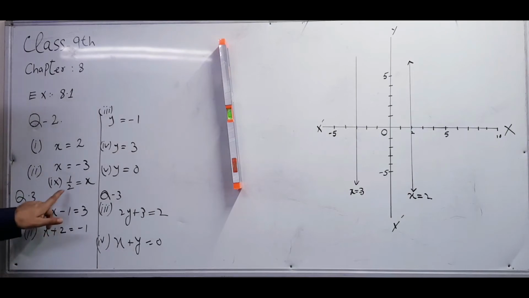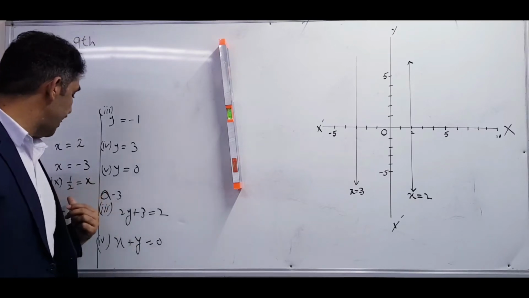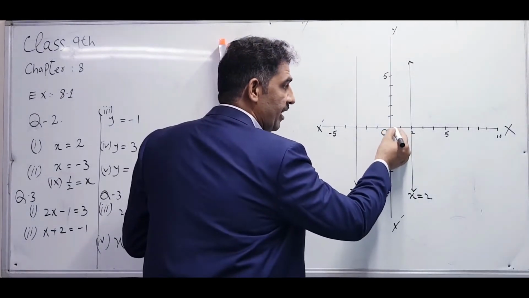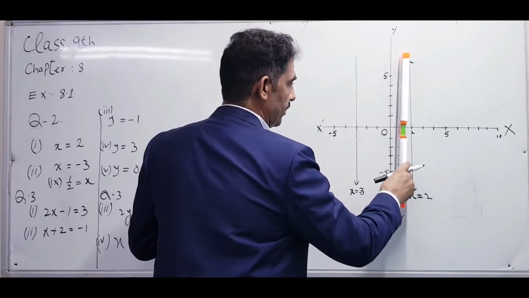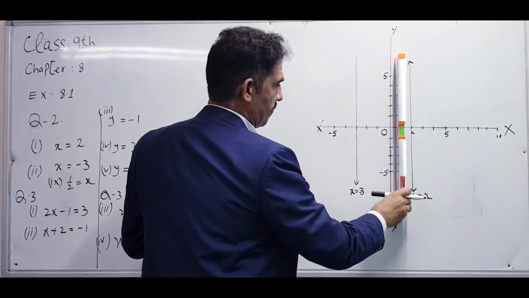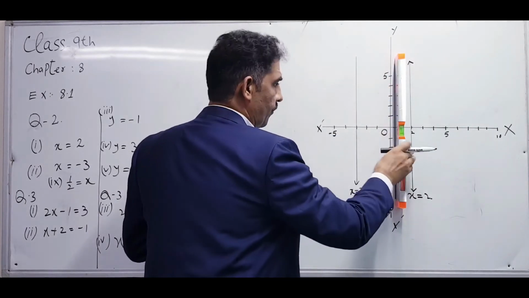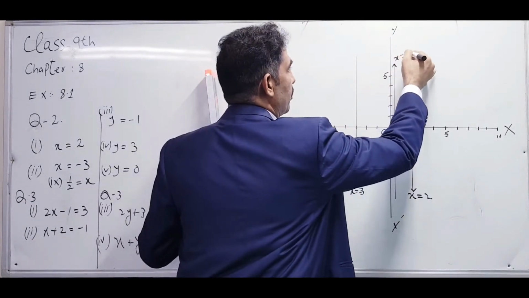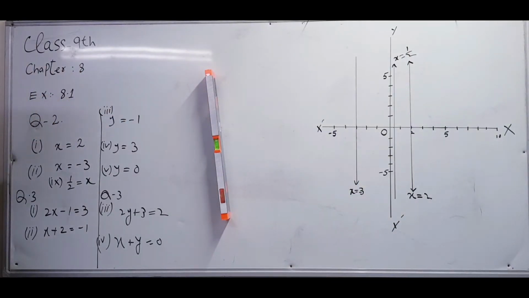Right? Here x is equal to half, a fraction. Half means divided, then we will get the value 0.5. Where is the value of 0.5? Here, between 0 and 1. So between 0 and 1, we will draw the line here. So we will draw it, and here we will write this equation, x is equal to half. Correct? Any other value of x given?